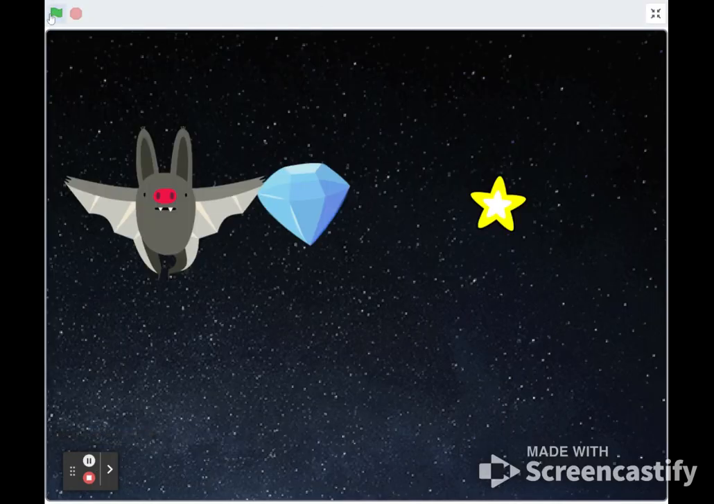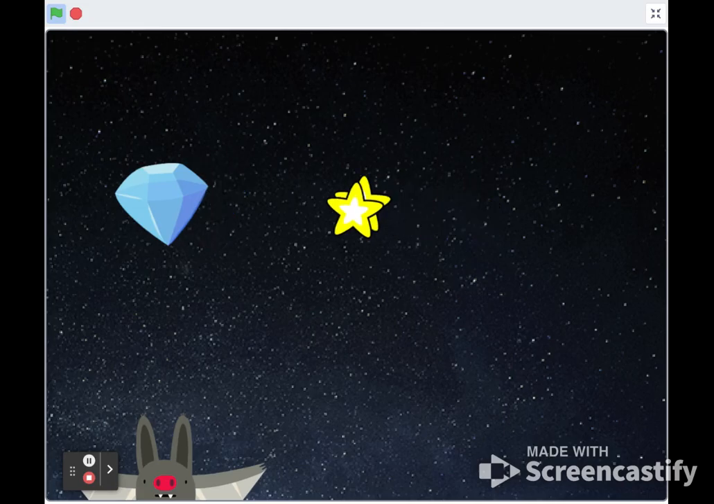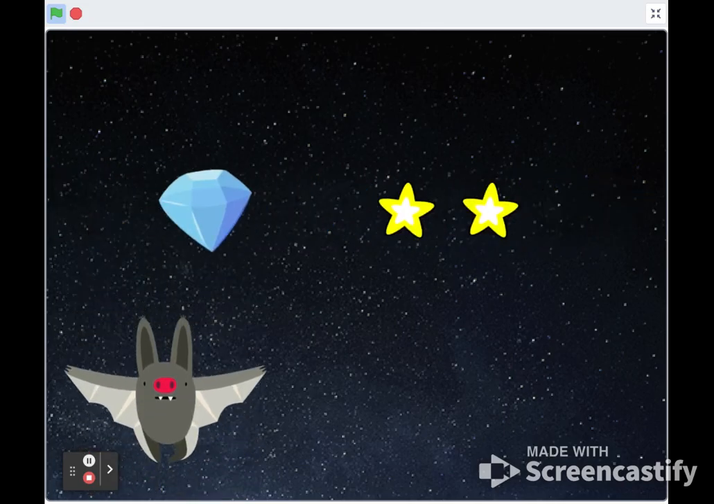Okay, this is how our game is working, and I'm pretty proud of it. You can add more crystals, and look,